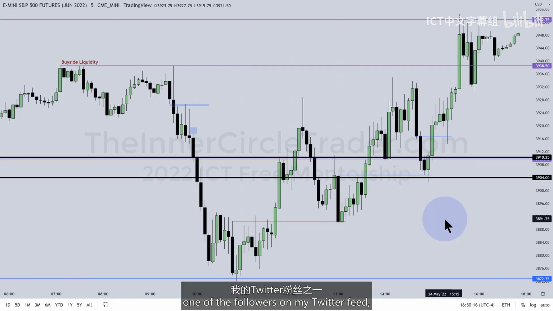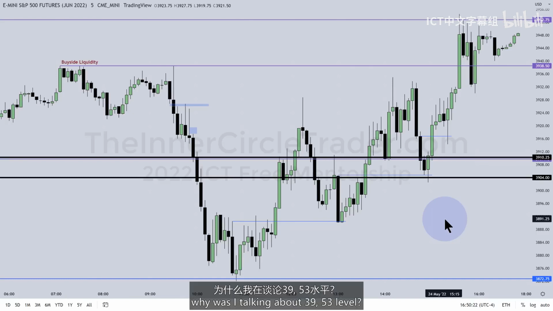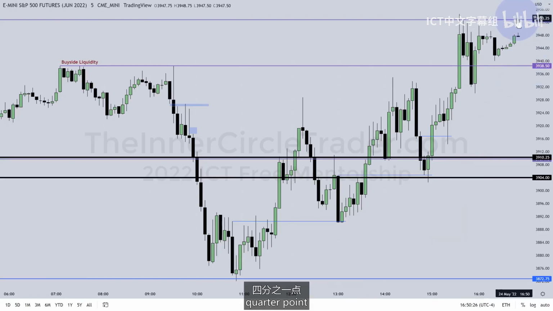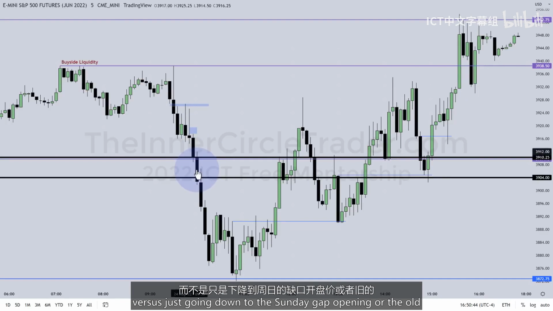This morning, one of the followers on my Twitter feed, a lady, asked why I was talking about the 39.53 level. I rounded it up a quarter point above this level, and the high comes in at 39.54.5. So off by 1.5 points, or handles. So I was more interested in the run to that level versus just going down to the Sunday gap opening or the old